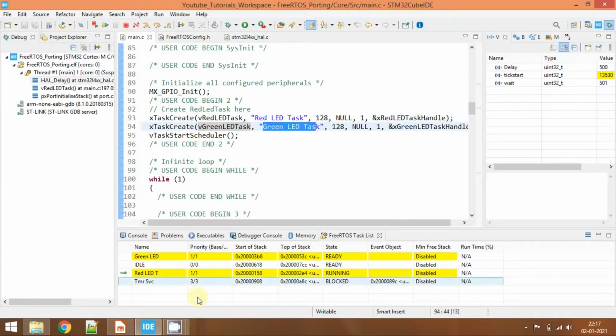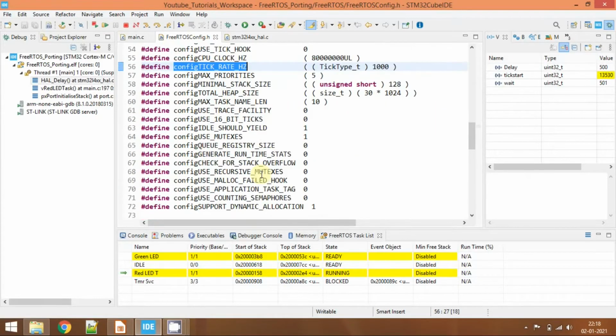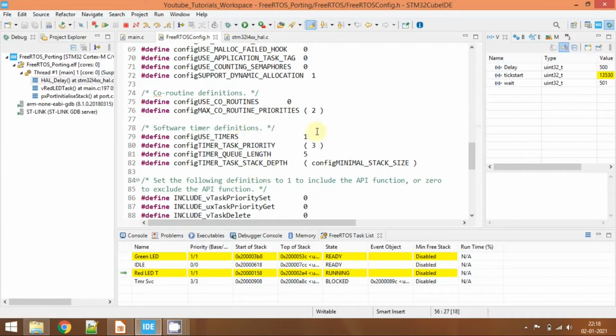Before that, we are also seeing two more tasks. We have not created these tasks, but the scheduler created them. One is the idle task, and the other one is the timer SVC task. Generally, the timer SVC task will be created by the kernel when we enable timers.